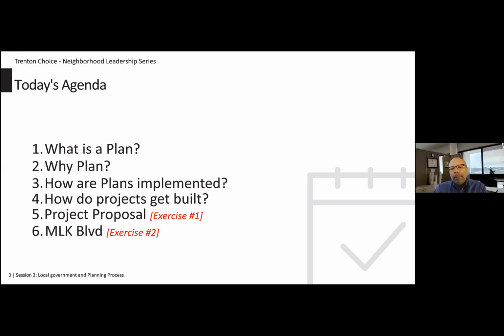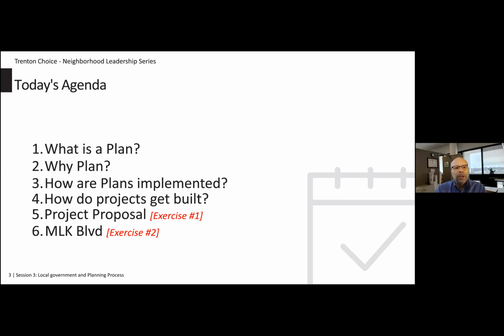Talk about planning in general. This is a great opportunity. We don't get this opportunity often to discuss what we do in our office. So this is definitely a great opportunity for us to really describe to you what we do and how that really works and how that really helps with guidance and decision-making within a city.